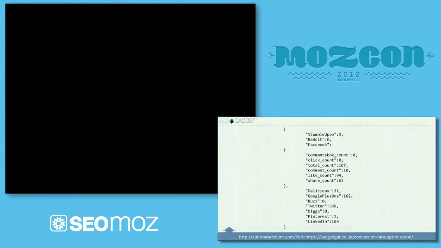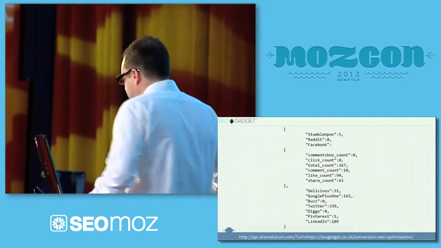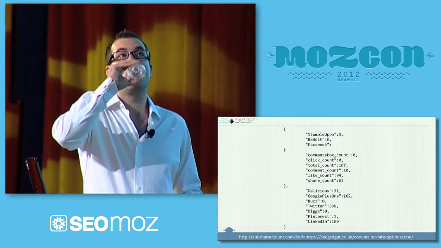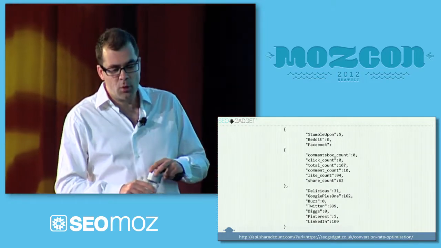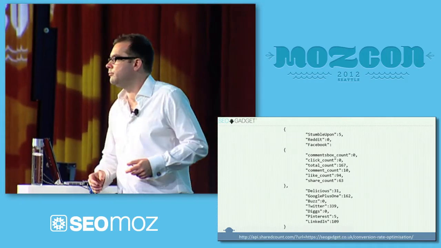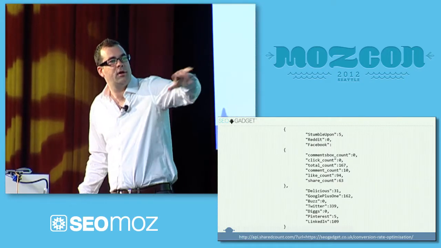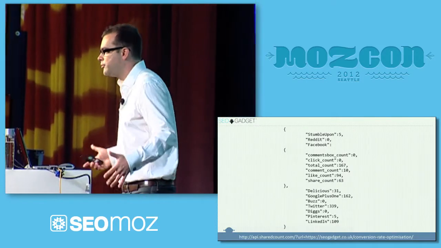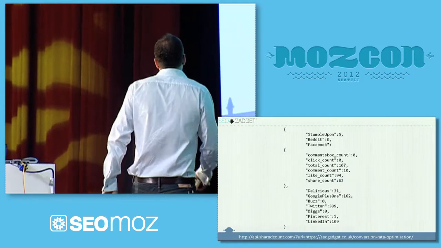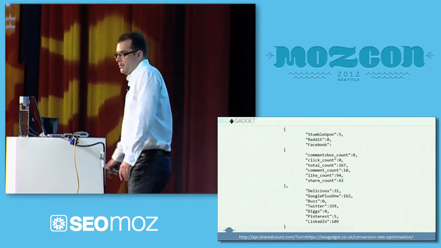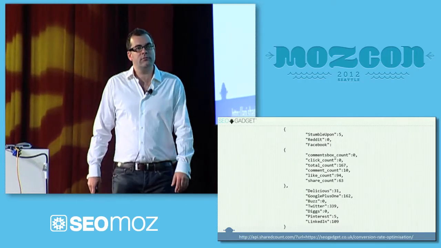This is an API called SharedCount. I was at dinner with Dan Shaw last night, and he said, what's a really good way to get into using APIs if I've never interacted with an API before? This is it. What we have here is JSON. It's a form of text output. When I go to this URL, api.sharedcount.com, question mark URL equals whatever URL you're interested in, the data you get back is social data. You've got Stumbles, Reddit, Facebook activity, it's all in there. So that's pretty exciting.